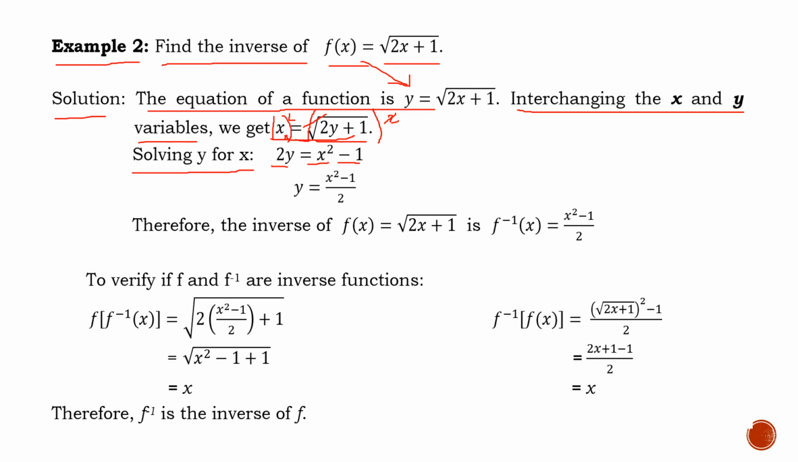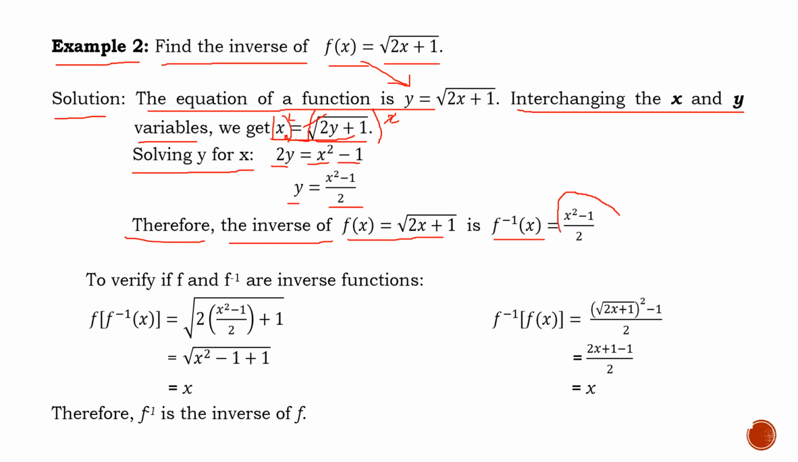Now, if we divide both sides by 2 for us to get the value of y in terms of x, then for us to cancel your 2 here, we just simply divide your entire equation by 2. So it becomes y is equal to x squared minus 1 over 2. So therefore, the inverse of f of x is equal to square root of 2x plus 1 is now f raised to negative 1 of x is equal to x squared